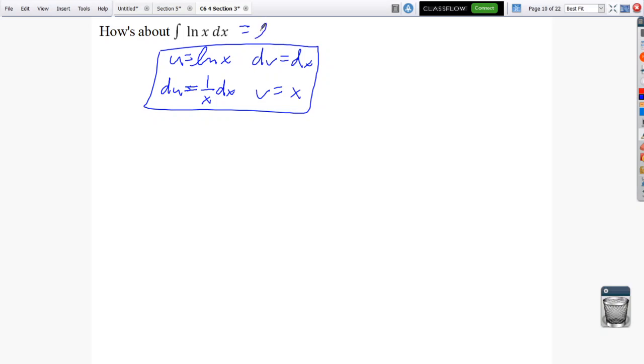uv, so we've got ln of x times x minus the integral of v du, so x times 1 over x dx. Simplify this to make it a little bit easier to work with. First off, I see ln of x times x. We don't generally put the x at the end. We should put the x at the front. It actually pained me when I was writing it out to put that x over there, but I wanted to keep it in the order of u and v. Minus integral. Well, over here I see x times 1 over x. X times 1 over x cancels out to just 1